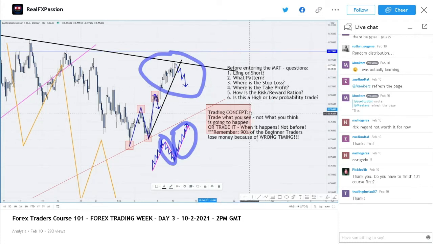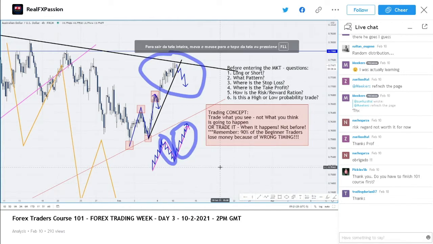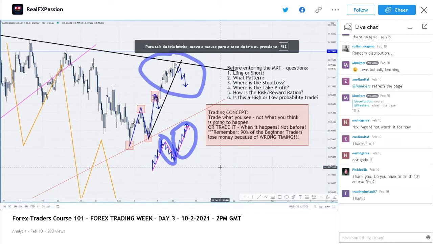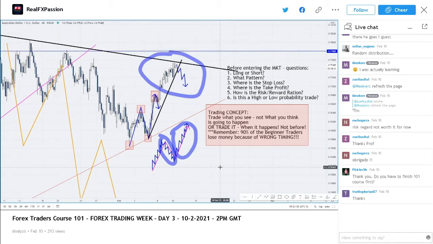Passion, why is this important? Great question. This is important because the stop loss goes on the pattern. Some of you guys are entering the Forex course 202, the advanced course, and the stop loss goes on the pattern traded. Period, end of story. Okay? Unless, of course, you are a scalper. Scalpers are excluded from those rules.